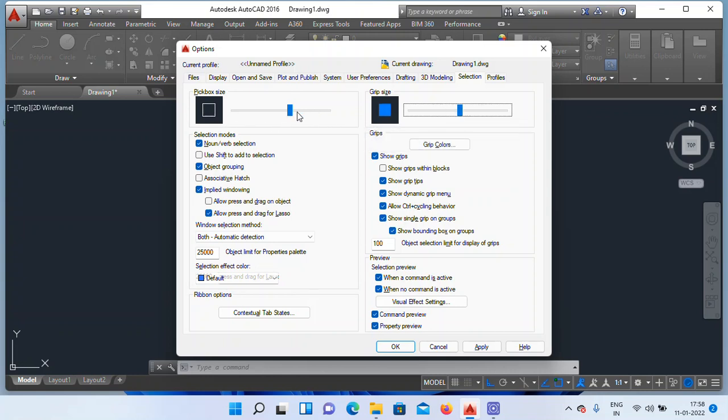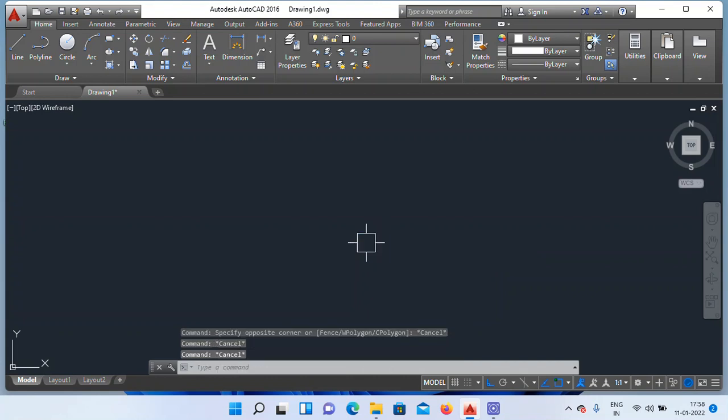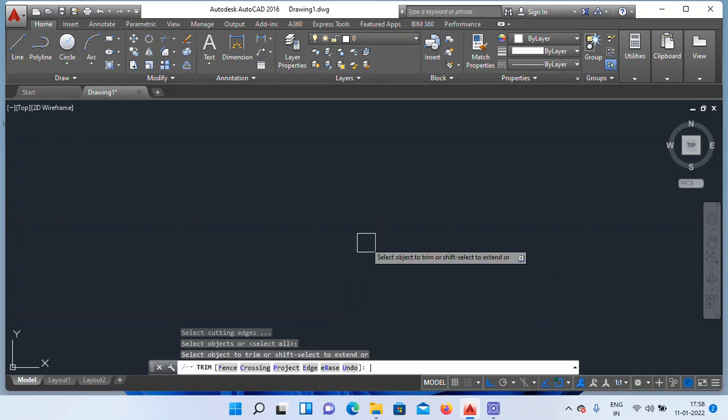I need to increase, increased. Click on apply, click on OK. See, this selection point increased.